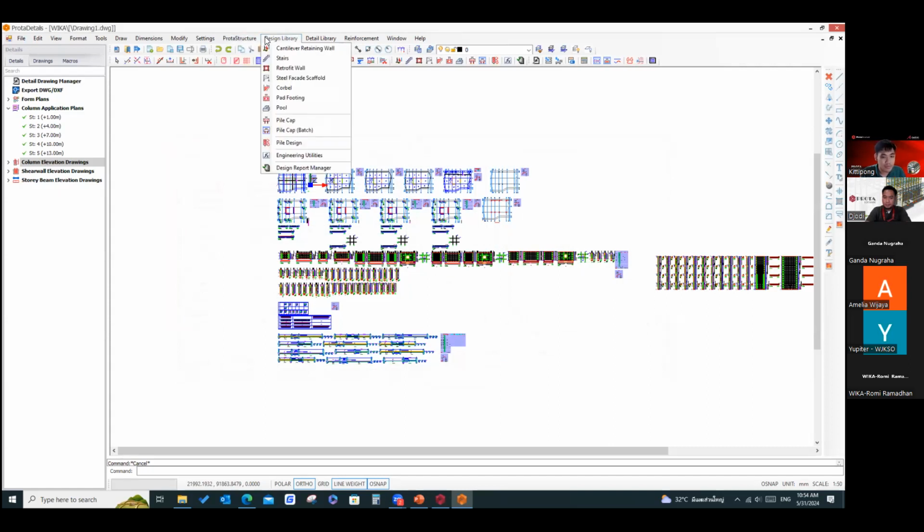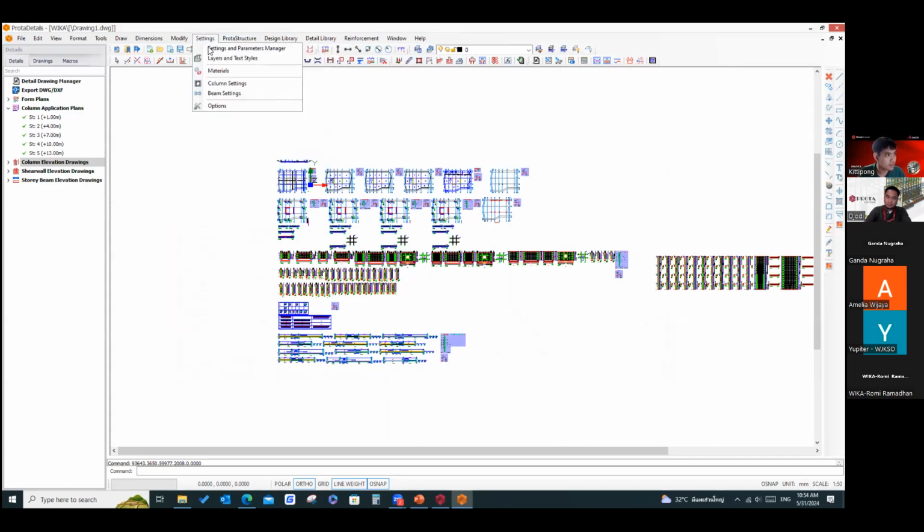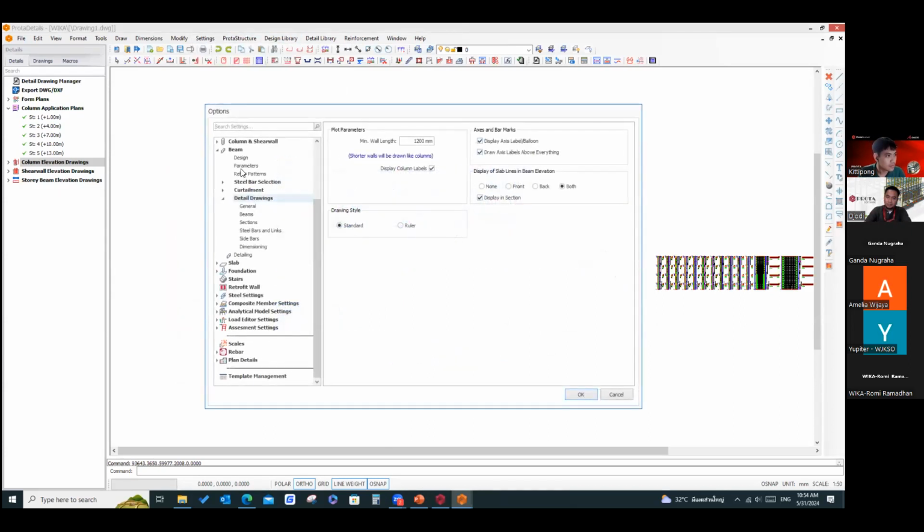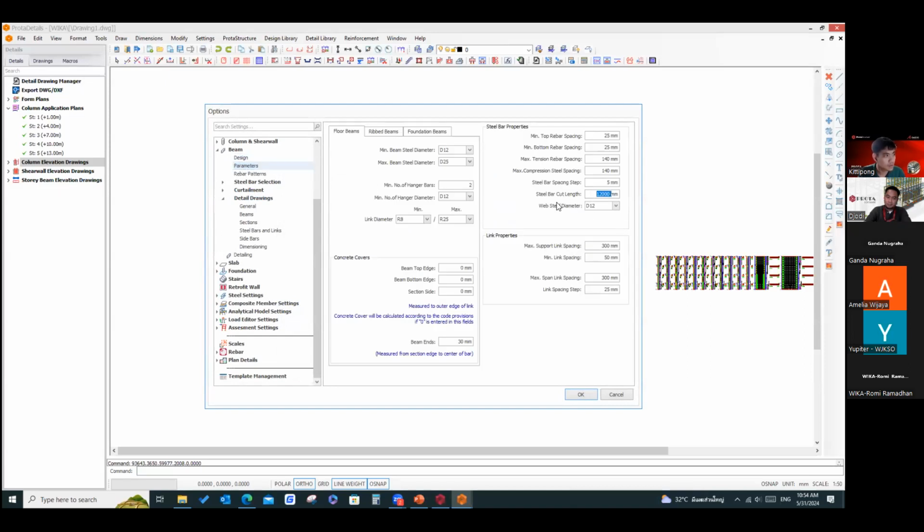Mr. Kitipong, I want to ask one question. Can we optimize waste from this software? I mean that actually we use 12 meter steel bar for the construction. Based on this project, based on this software, can we optimize? I mean, can we decrease the total...